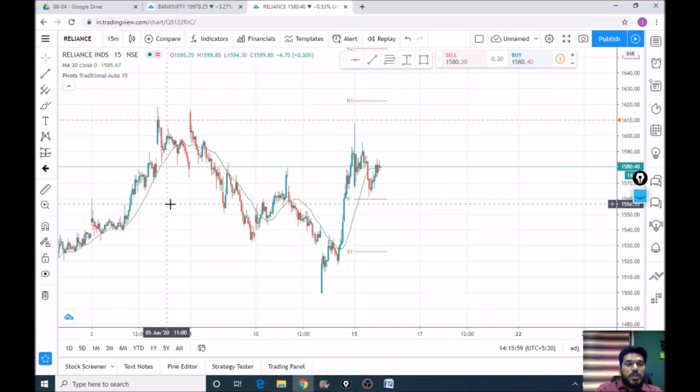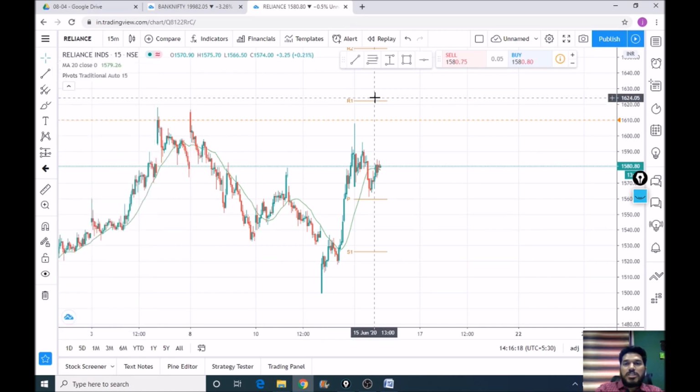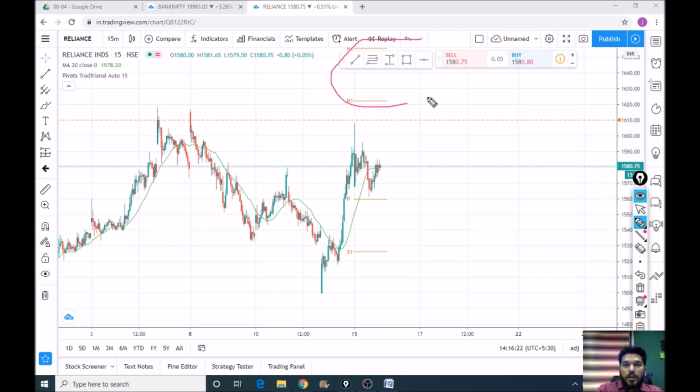Now to get horizontal line, just click on this button. Okay, here click horizontal line and add it to favorite. Okay, I have already added it as favorite. Just click on the star button and it will be added as favorite, and you will see it on the center of your screen over here.